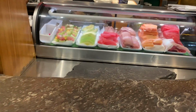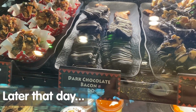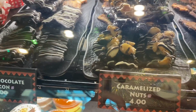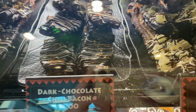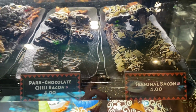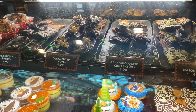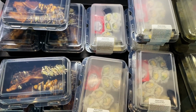Doesn't that look amazing? They actually have a variety of chocolate-covered bacon at the Polynesian at Kona Island. They've got a classic chocolate, they've got caramelized nuts, they've got a dark chocolate chili, and a seasonal, which right now is caramelized pineapple. And it's a very good, salty, sweet kind of deal. It sounds insane, but I promise it's good. They also, in the afternoon, have that to-go sushi I was talking about,